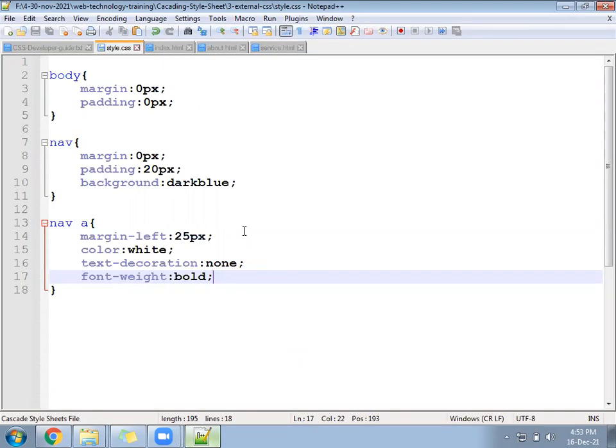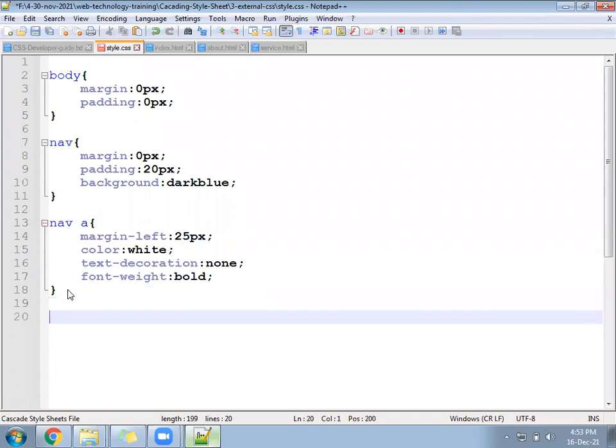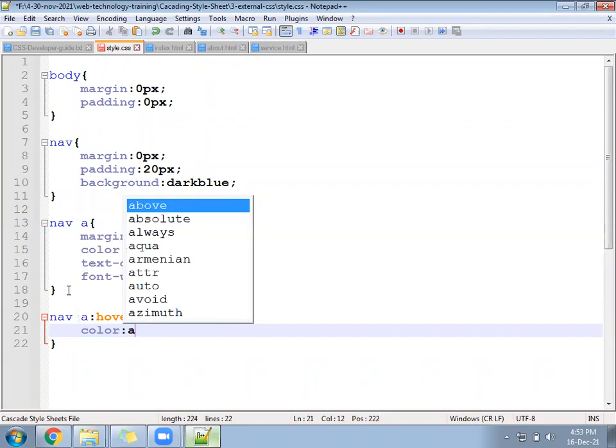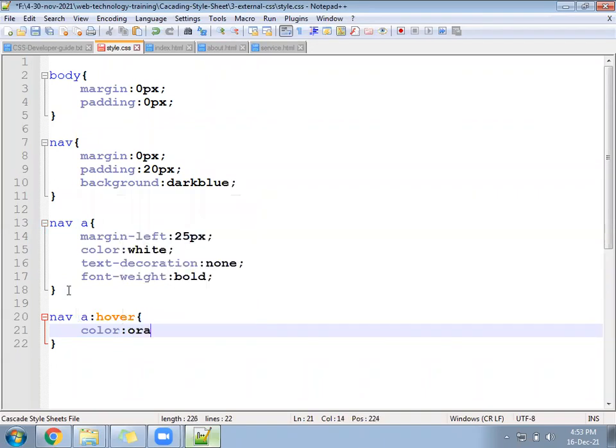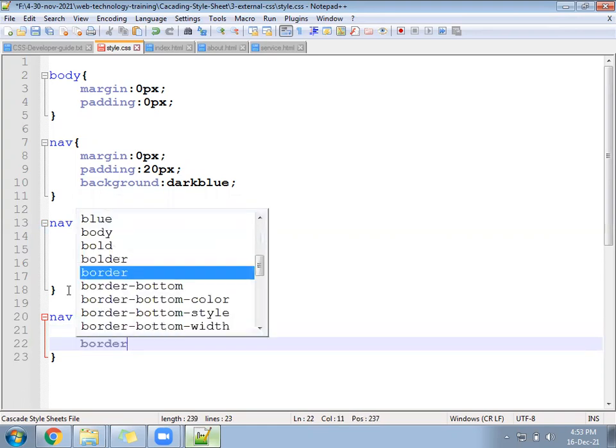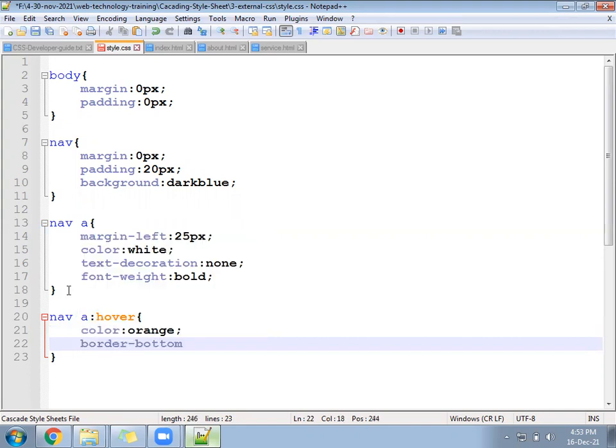Now for that navigation, you will write one small effect. When the nav a hover happens, you will change the a tag color to orange color, and border-bottom 1 px solid white color.